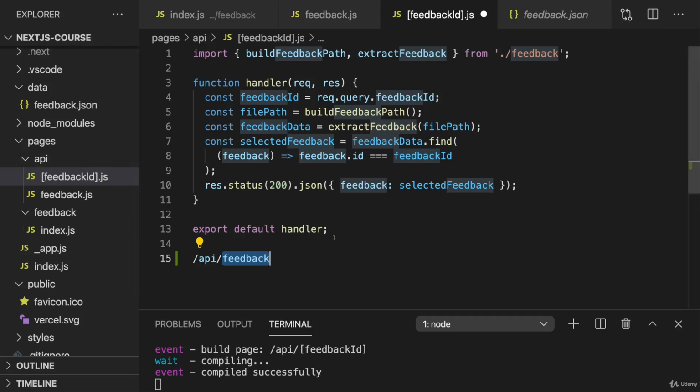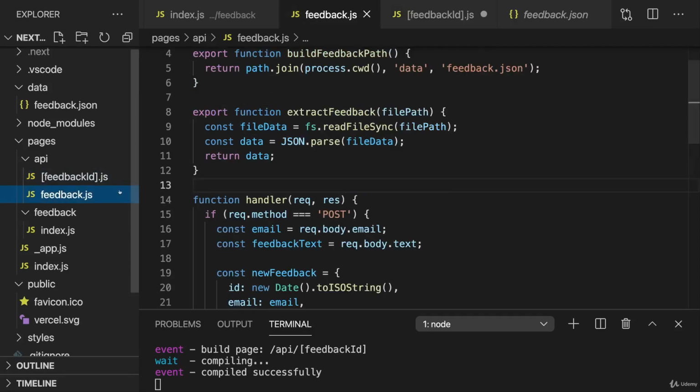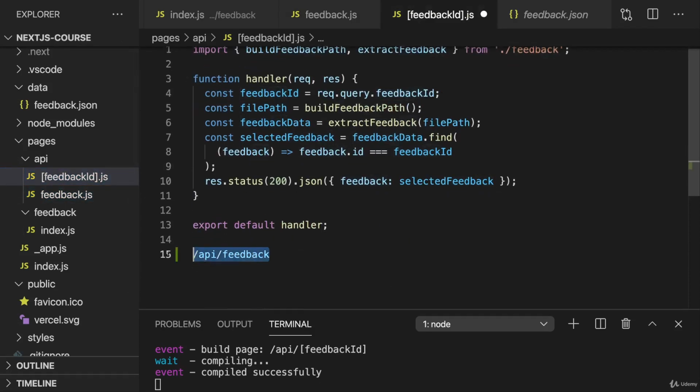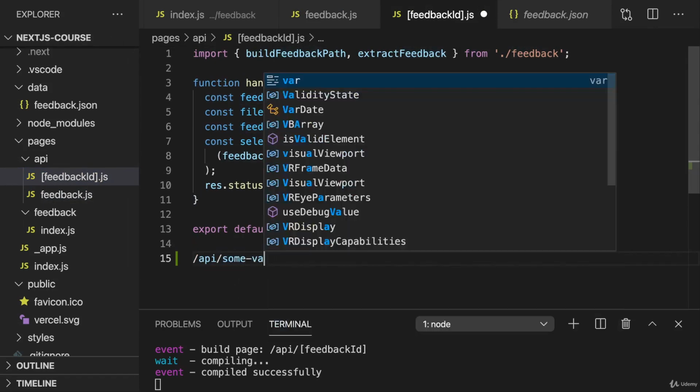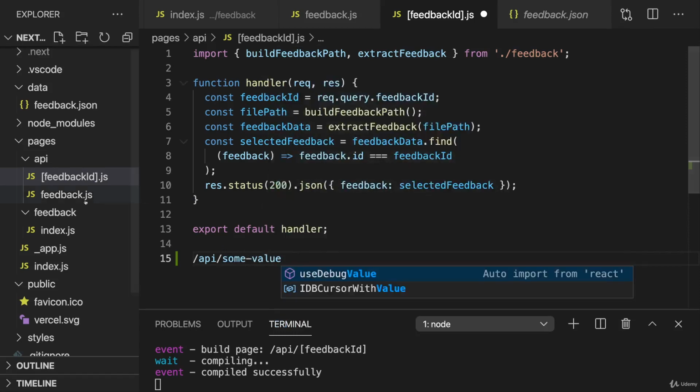But Next.js is smart, just as it is for regular pages, and if there is a more specific page for a given path value, so since we have a feedback.js file in this case, it will use that more specific file, which makes more sense for this kind of path than the more generic dynamic file. /API/some value, on the other hand, would trigger the code in the dynamic API route. So that's just worth knowing. It automatically works correctly here, but it is important to be aware of the fact that Next.js will do this